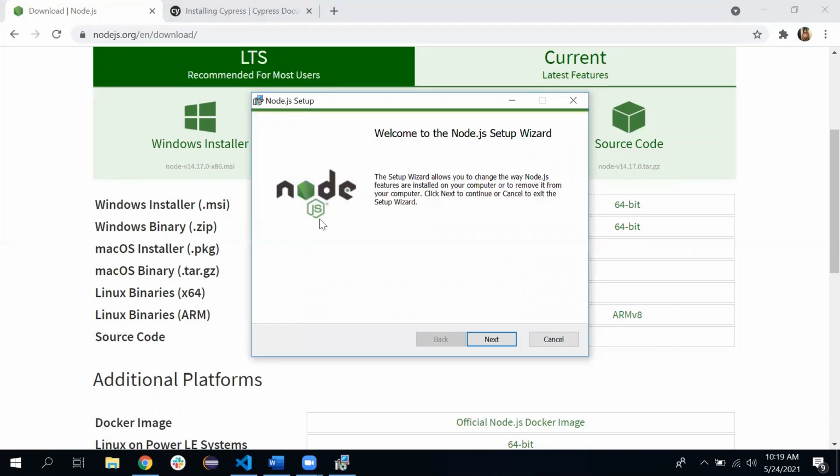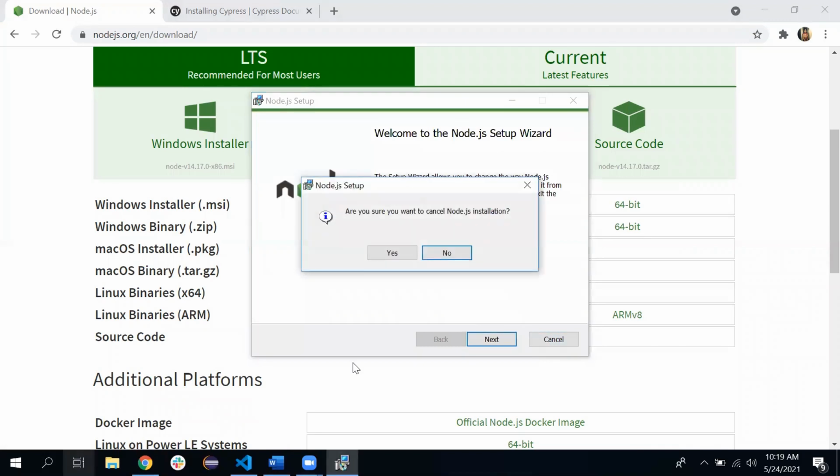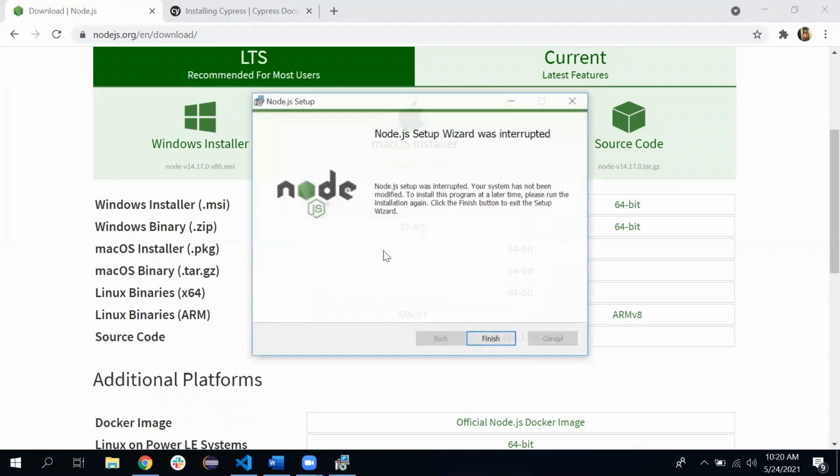But after the successful install, we have to do one important thing: set the Node.js path into your path variable. If you install Node.js and do not set the path variable, your system doesn't know where Node.js is installed. So if you type node -v or another node command, you will get a message like node is not recognized. For that, I'm just showing this setup because it's already installed.